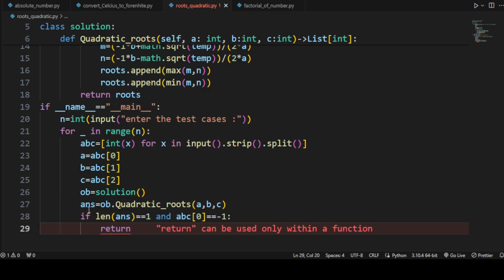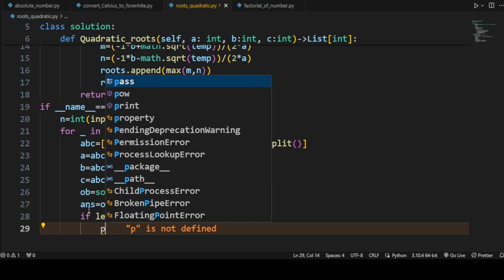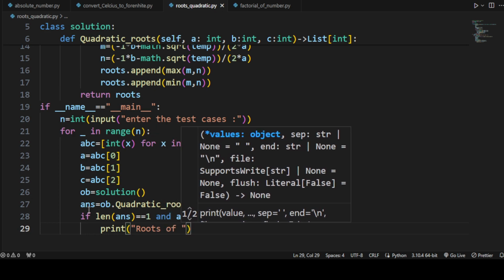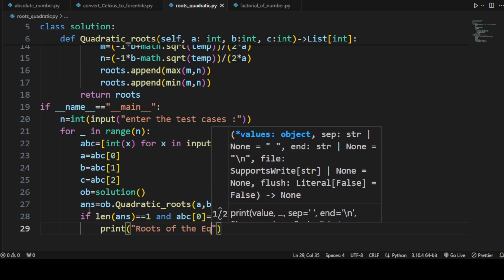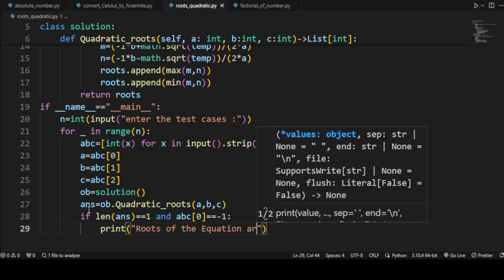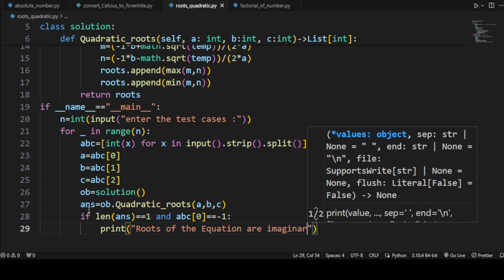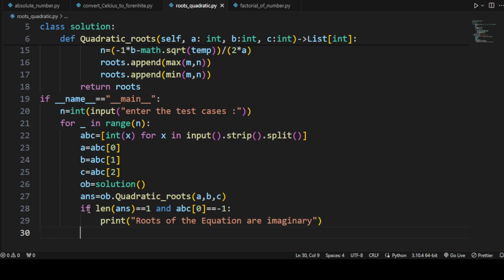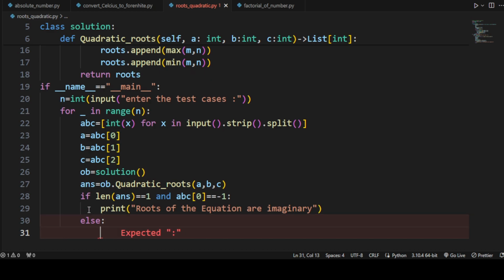So these are the reasons: if this is happening, the roots are imaginary. For that, we are printing "roots of the equation are imaginary". Else,